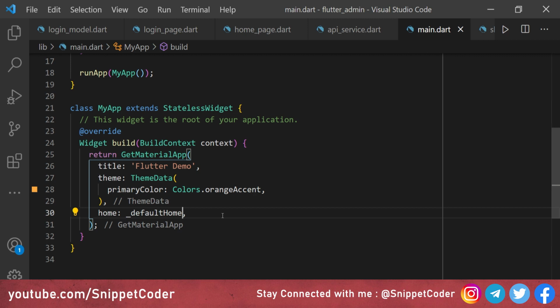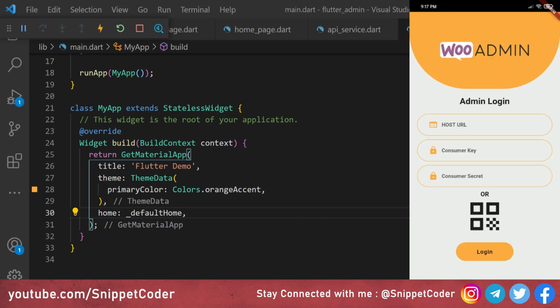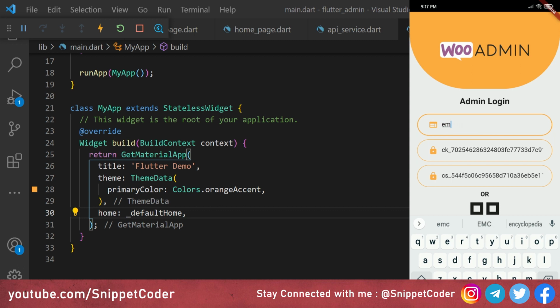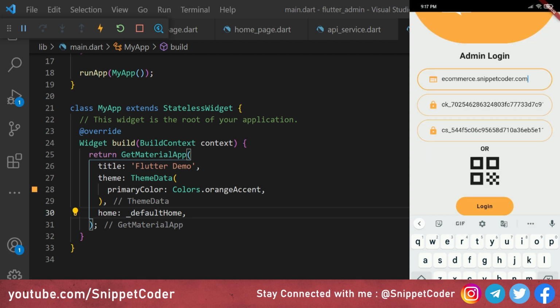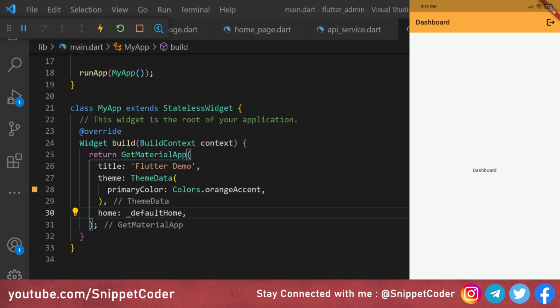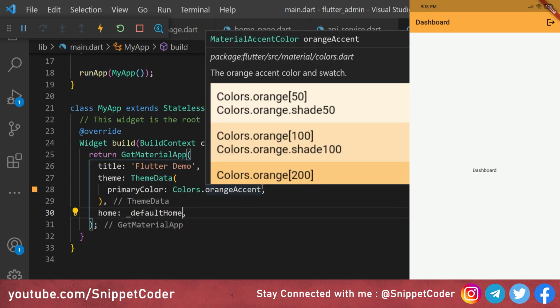So now we are almost done with our code part. Now let's run the final application with our successful login. So now we will do our QR code scanning, and from here we are getting our keys, and now I will put here our application URL. Now if I click on the login button here, we are successfully logged into our application. Now I will reload the application to see whether it is working with the stored detail or not. The application has been reloaded and we are on the dashboard page because we have stored the login detail in our application by using shared preferences.